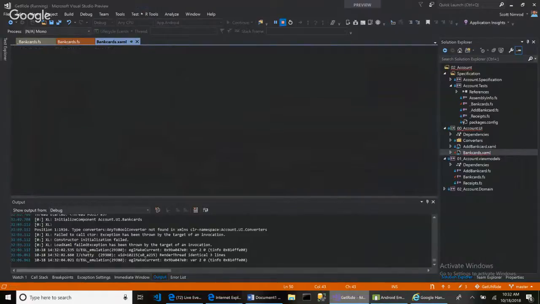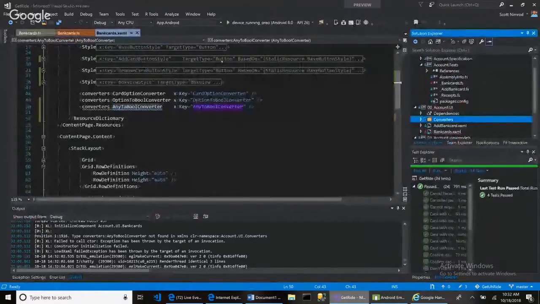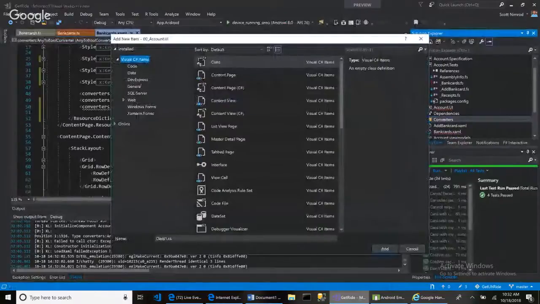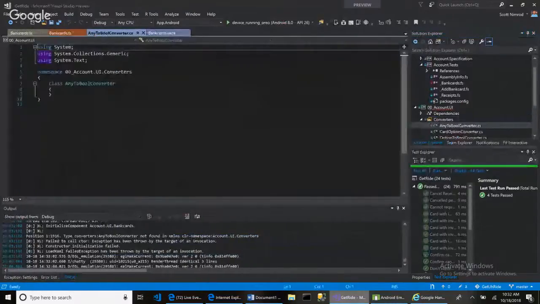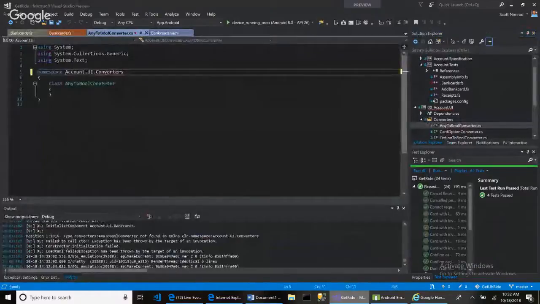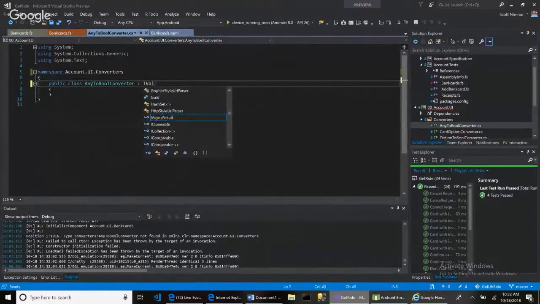In order for me to define it, I need to turn off the running session, and I need to go to my converters folder and add a new converter. And so this is going to be a class, and it's going to be called, guess what? Your any to bool converter, like that. Okay. And so now I have my any to bool converter like that. And I should probably make this thing public. And I should say that you implement IValueConverter,